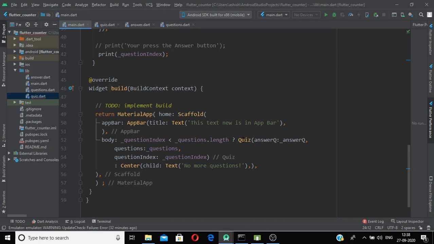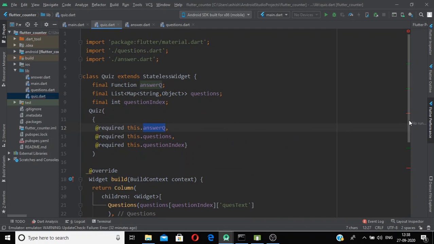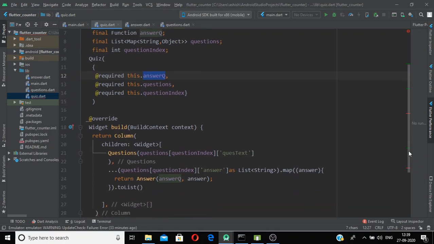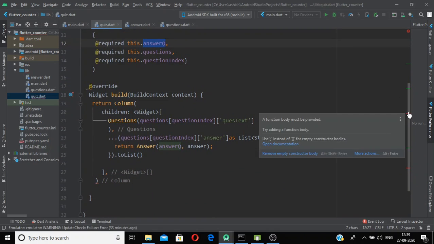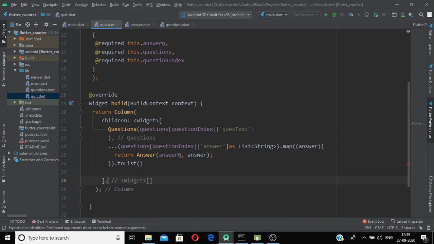And if you see, we have our quiz method here instead of writing this complex code. Now we have one or two errors here. Let me check it. Function must be provided. So okay friends, I have put this semicolon here and here, and my error is gone.